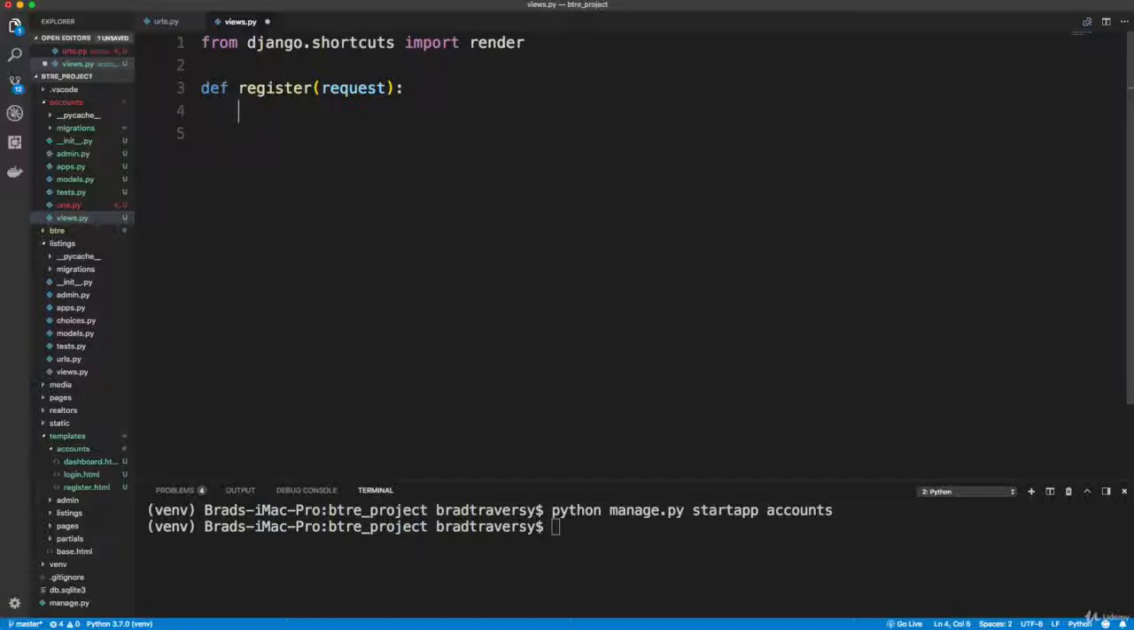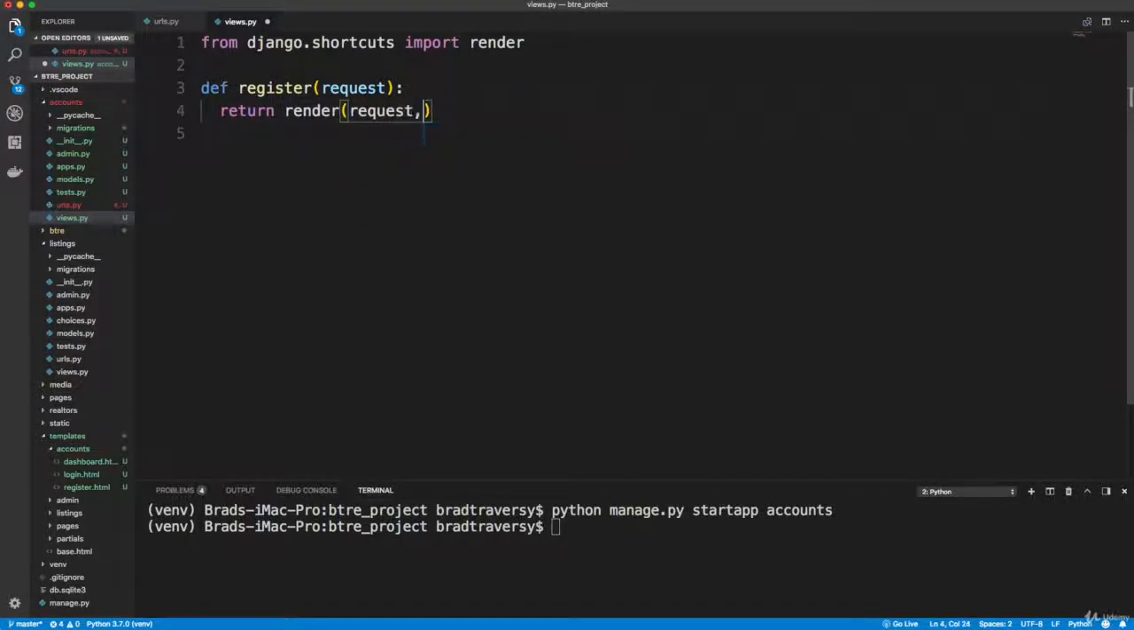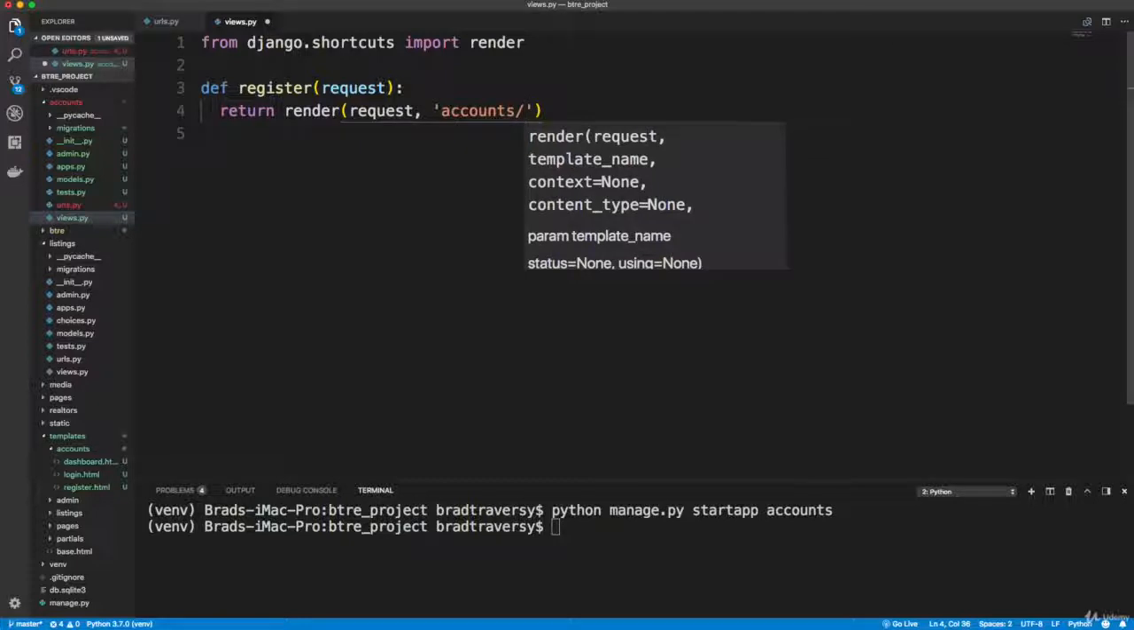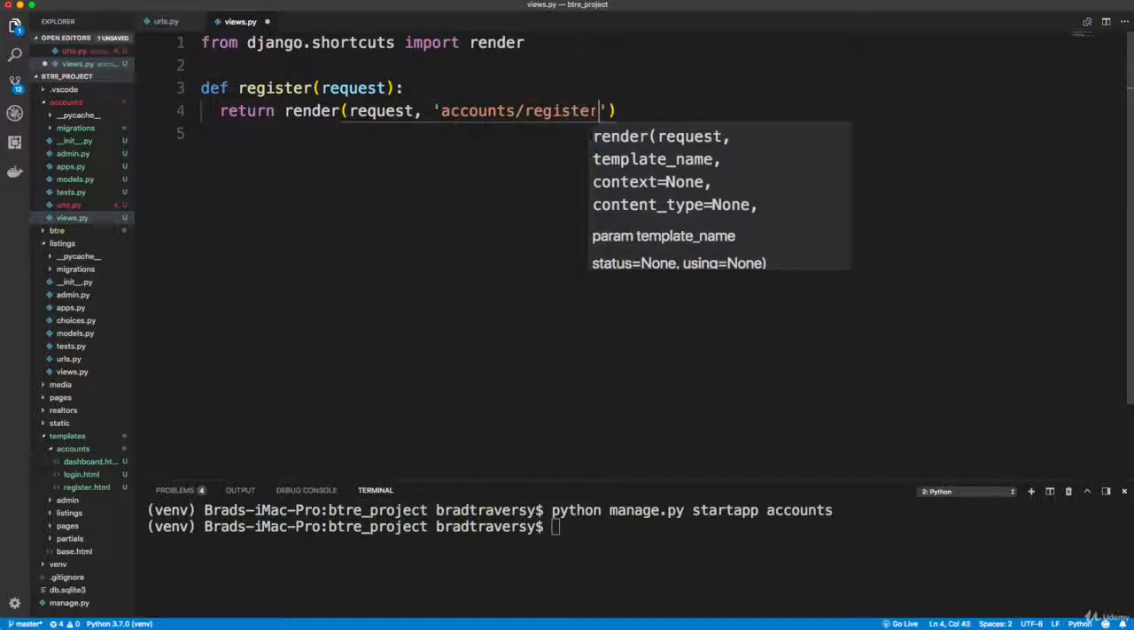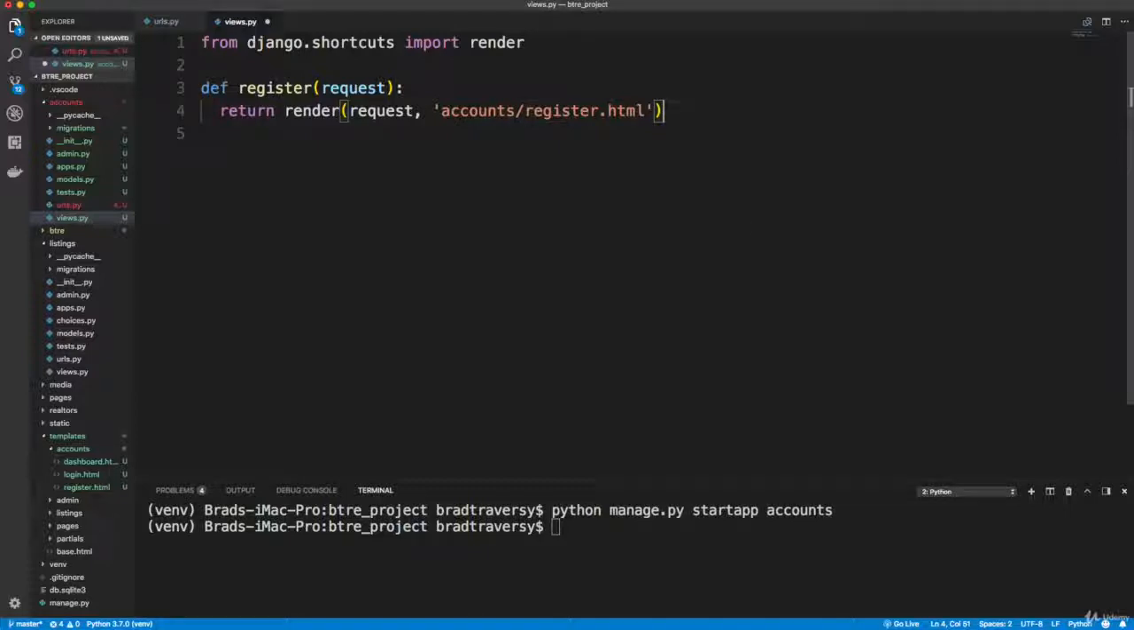Okay, so for this, what I want to do is render a template. So I'm going to do render or return render. And we want to pass in here, first of all, the request. Second is going to be the template, which is going to be in the accounts folder, and then register.html. Okay, so that's that. Let's actually just copy this because we need 3 more functions here. Or views,